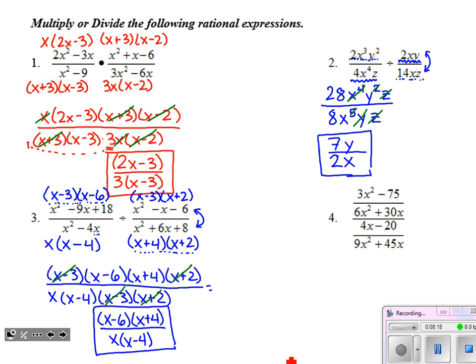Lastly, number 4, before I do this, I want to make sure I know where the big divide is. So I see that I have one fraction divided, across that big divide, the bottom fraction. So what do I have factoring in the numerator? Well, if I take a GCF of 3 out, make a little arrow here, then I'll have x squared minus 25, and that's not factored all the way. That's a difference of squares. So this is actually my factored numerator in the numerator. Okay. Down here, I can take a GCF of 6x out, and I'm left with an x plus 5.